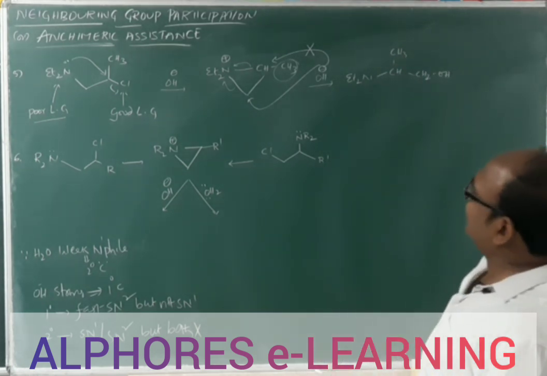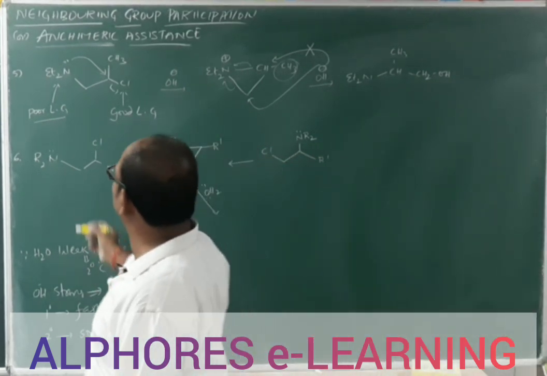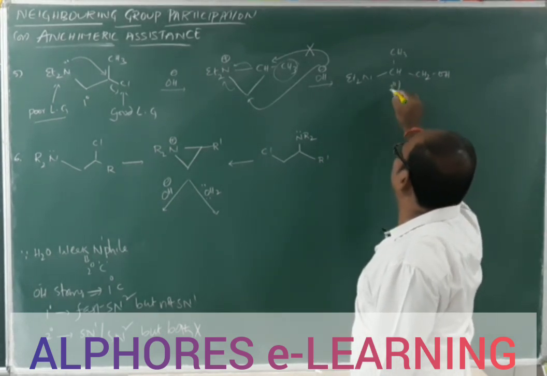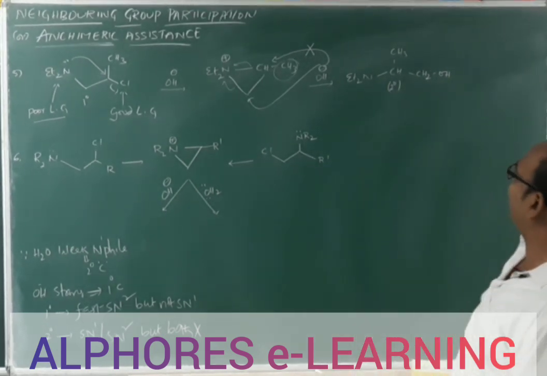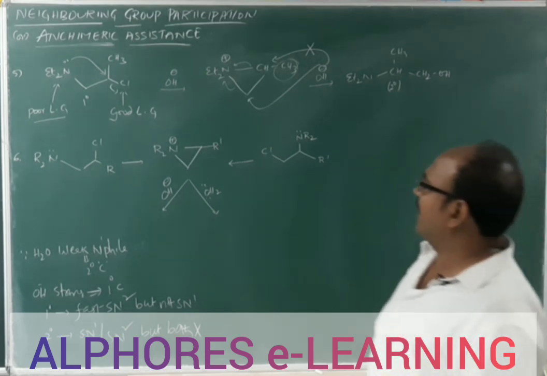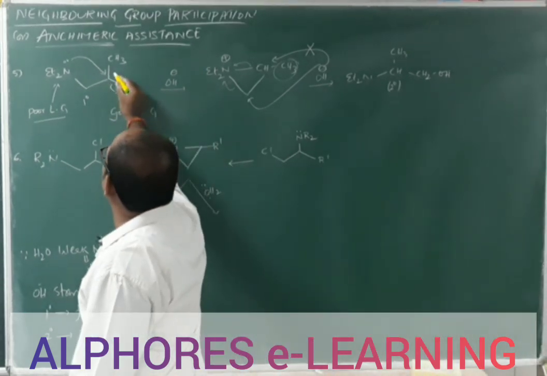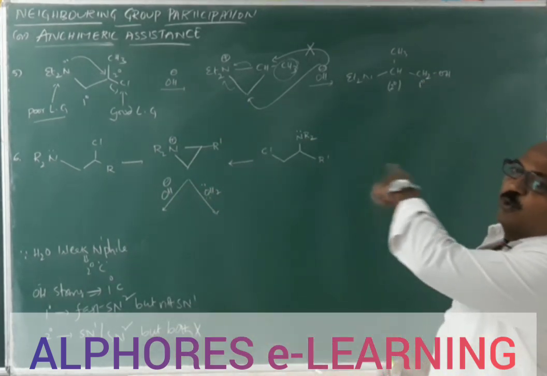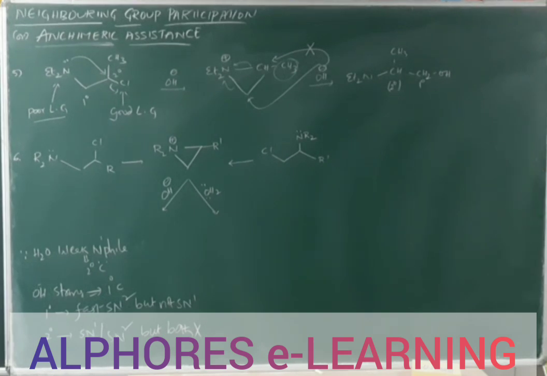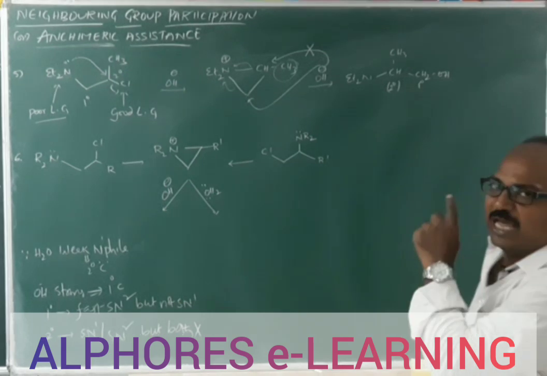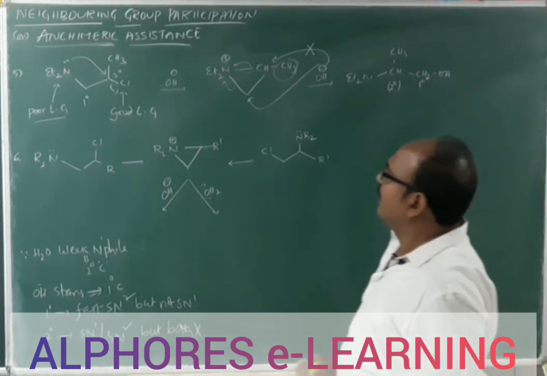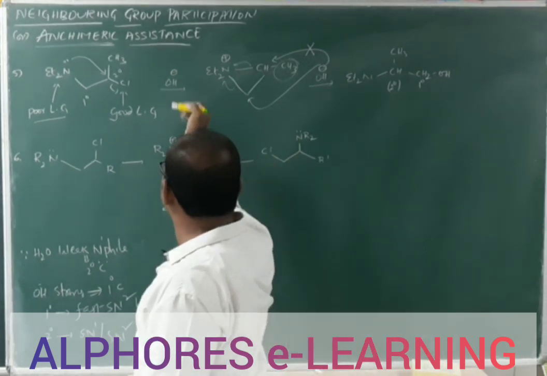So in this case, what happened? Earlier, this amine group was located at a primary carbon. When you come to the product, that same amine group is located at a secondary carbon. Similarly, Cl was located earlier at a secondary carbon. Now OH comes to the primary carbon, which proves that yes, neighboring group participation is there. So in each and every example we can prove clearly that because of neighboring group participation only you are getting different products, right?